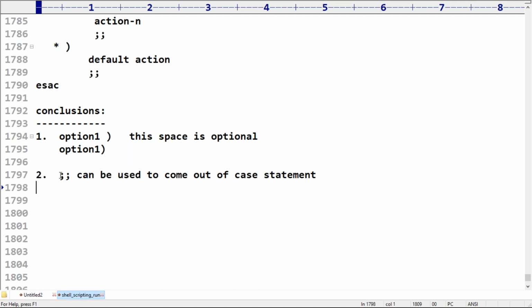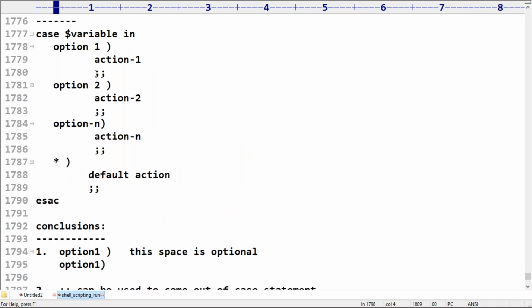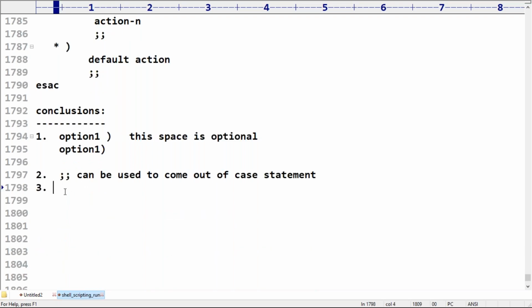Next, about these semicolons, are they mandatory or optional? Remember that these semicolons are mandatory for every action.